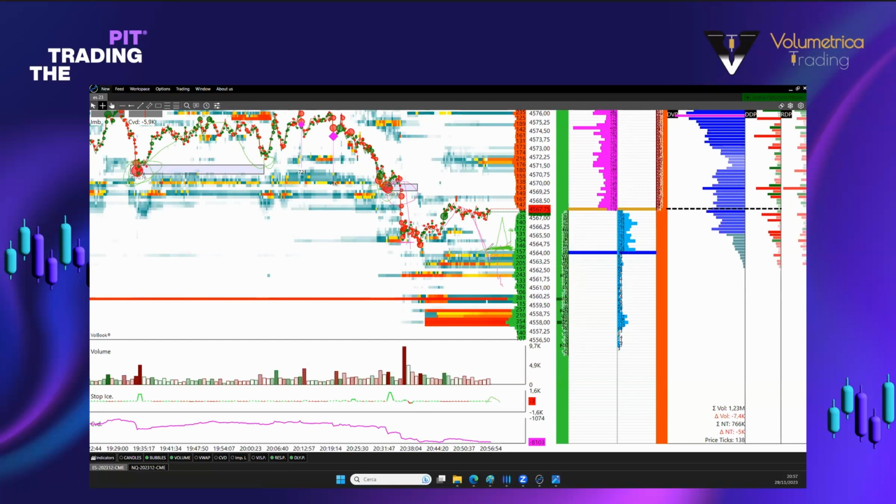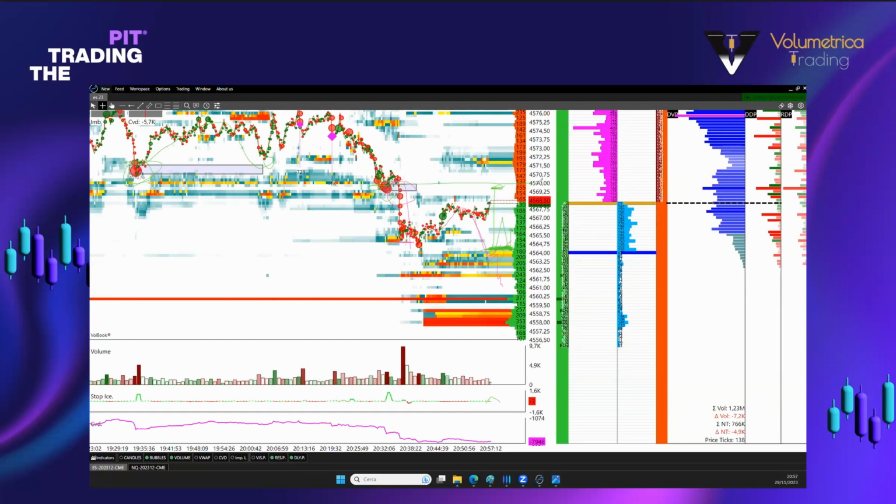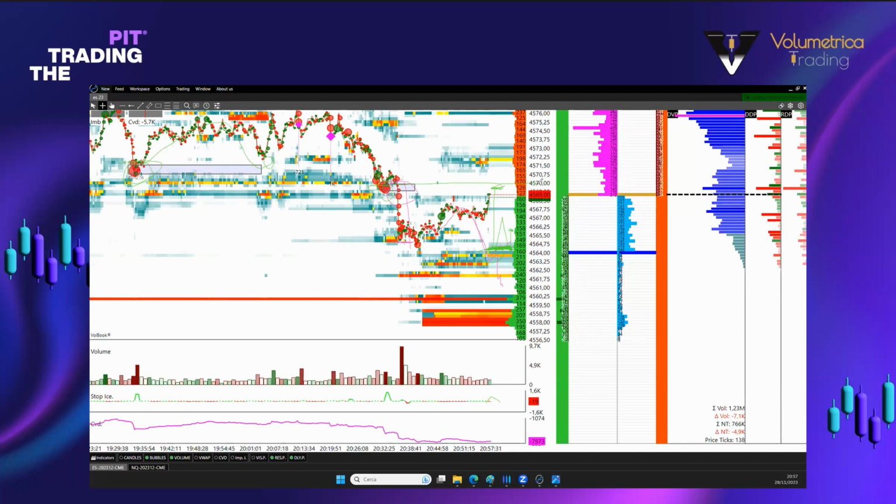So if this area gets defended, the probability to get back to the area where the last iceberg was provided, even if it was broken, is really, really high. And the evidence of traders, also aggressive traders defending the area of the last iceberg, it could be the final clue